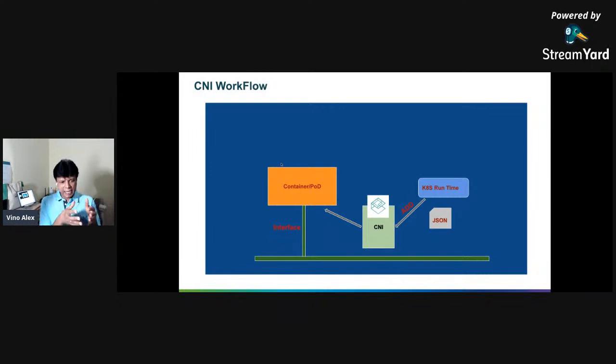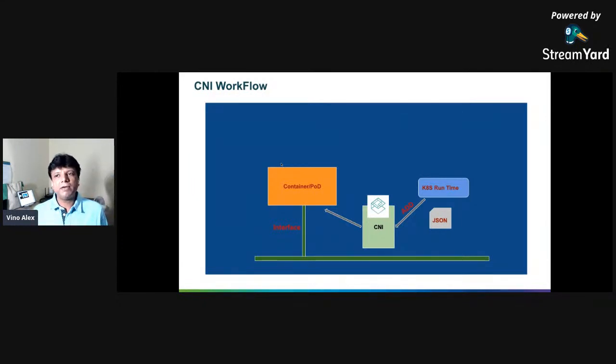But CNI as an interface is pretty simple to understand. If you go to GitHub and go through the CNI spec, you don't have to be a programmer or a Golang expert, or in regular touch with the Kubernetes build process. You can go through the spec and pretty much understand what CNI is.